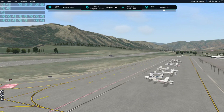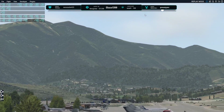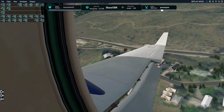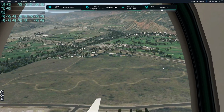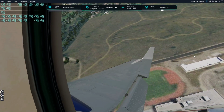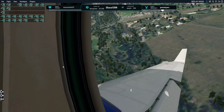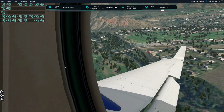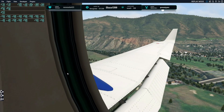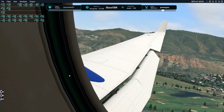Let's check it out from a passenger standpoint. Where's it at? See the little town by passengers. There's the airport. It's much easier to do a straight in 1.5 like it's most of the time, but in these mountains the winds can shift all the time. And I use real world weather, so